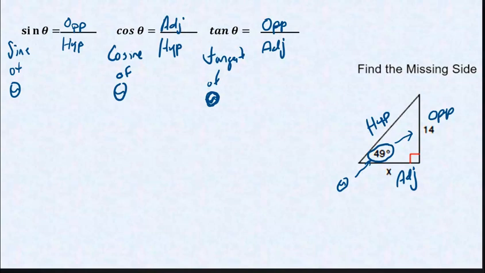Okay, so I have the opposite leg, and I am looking for the adjacent leg. When I look at the three ratios that I have, I see that tangent divides the opposite and the adjacent leg to create a ratio. So all I have to do here is create a proportion involving tangent. A proportion is just a fraction equal to a fraction,